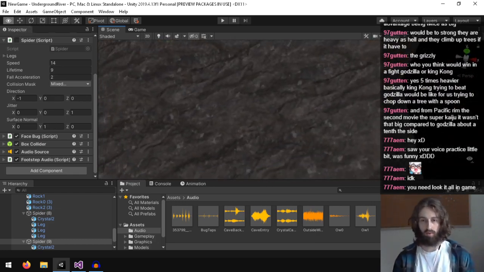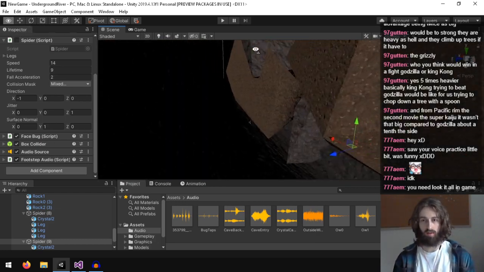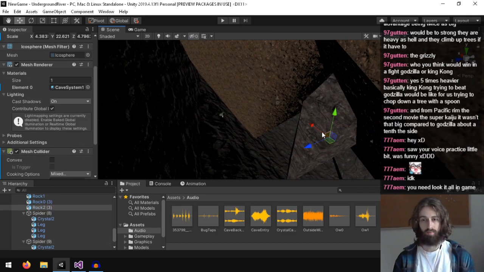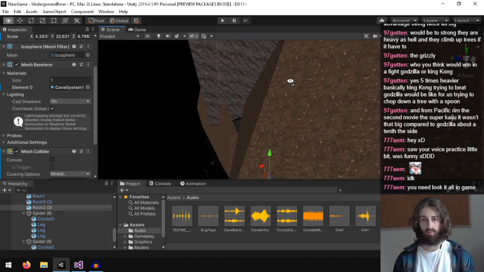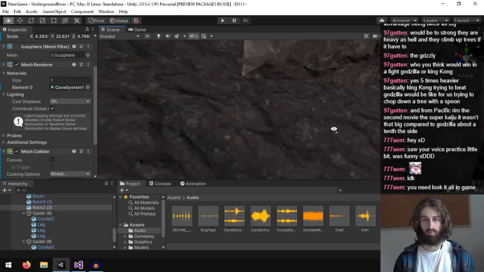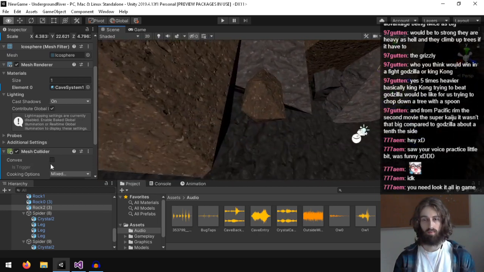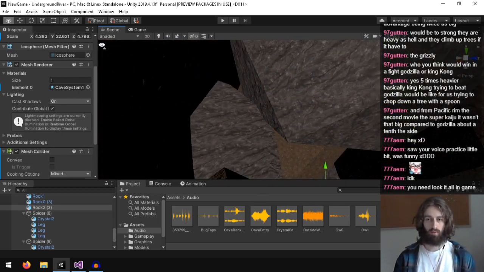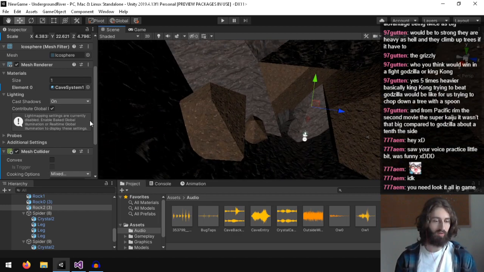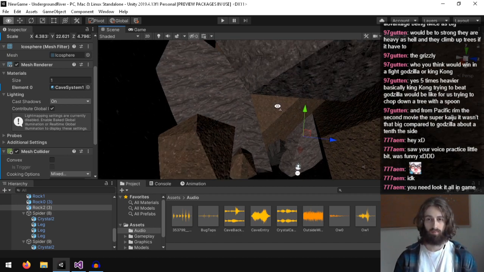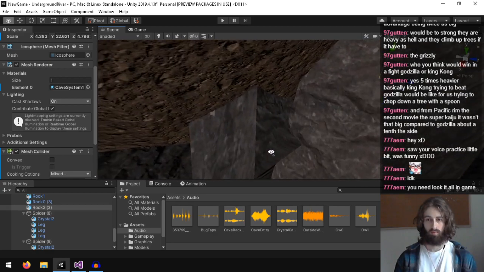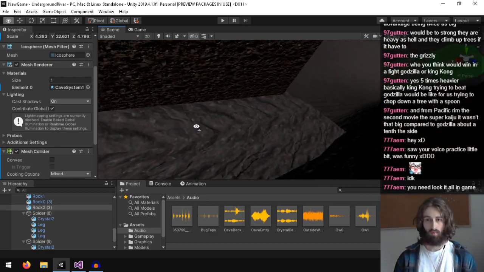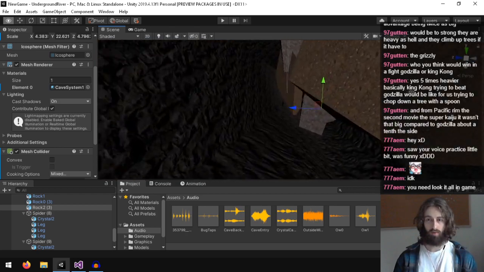Now let's work on the rest of this area. I feel like doing a bunch of smaller rubble. I guess I can do that afterwards as like polish.